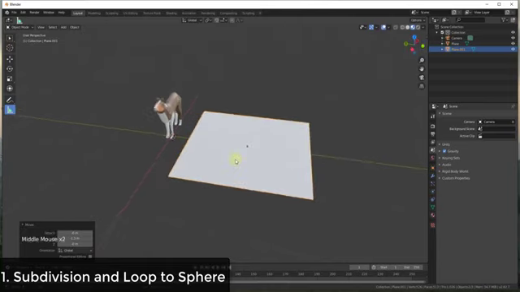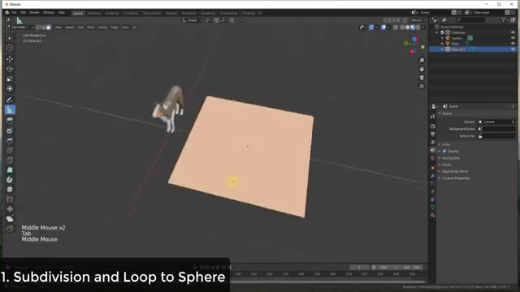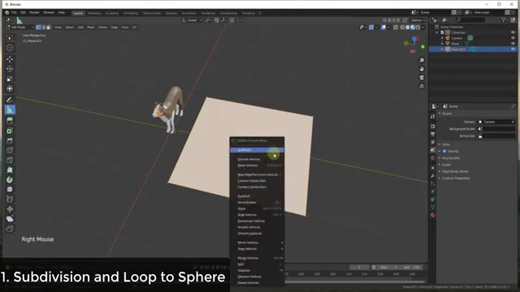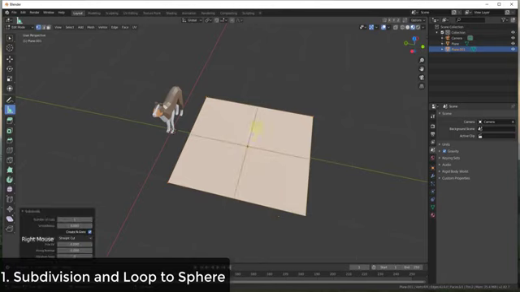Right now we can't do that, because if we hit the Tab key, you can see all we have is 4 vertices or 4 edges going around the outside. There's not enough geometry in order to cut our hole. So we want to start by right clicking on this surface and subdividing it. Let's subdivide this to 3